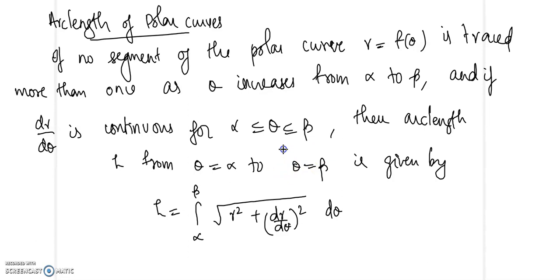The curve must not be retraced. So the curve must not be traced more than once in the increasing interval alpha to beta. So let us look at an example